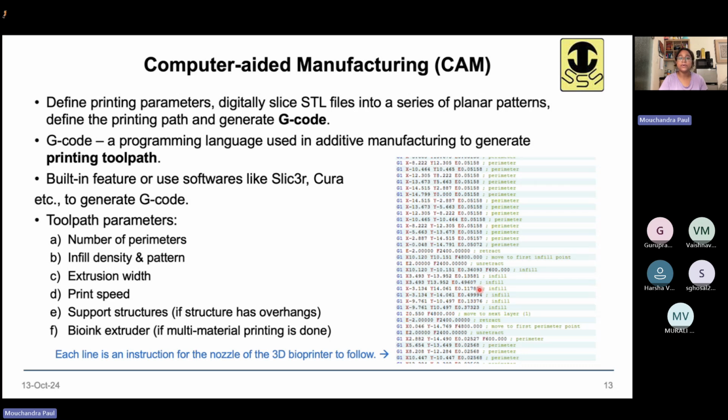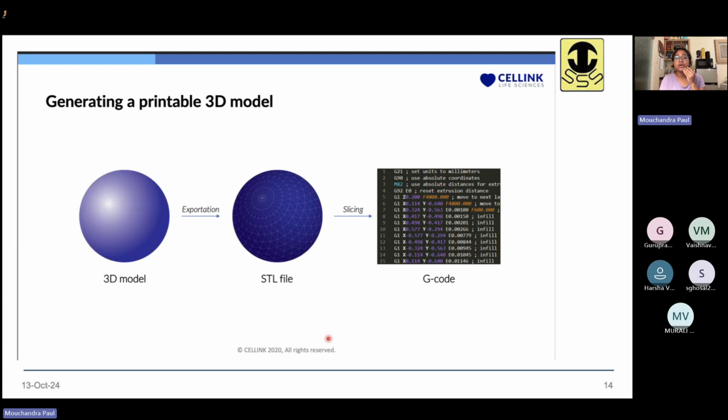So it's a very simple language to follow. Okay. But I will not discuss G code writing or anything like that in this course. So ultimately, what we are doing for 3D printing, the first step is making a digital model,